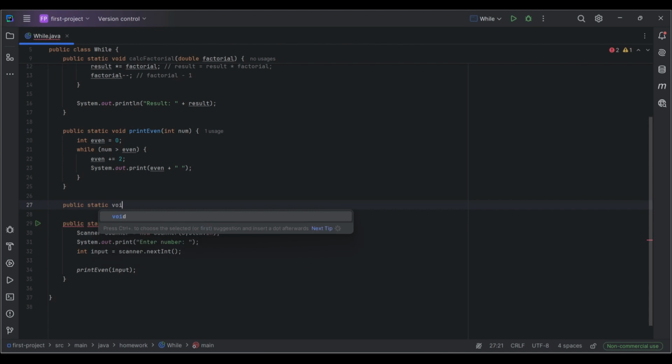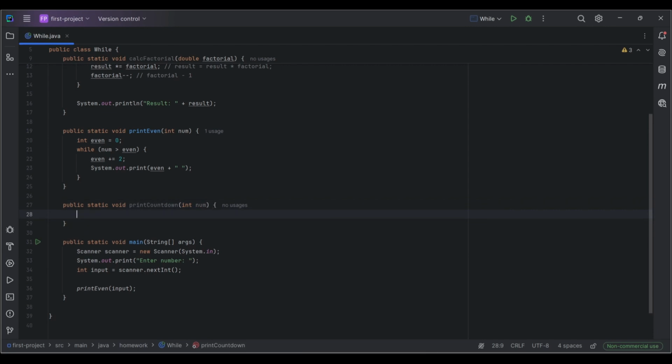Public static void print countdown, and it accepts as a parameter some number that we will specify later in the main method. And let's say while loop, while that number is greater than 0,